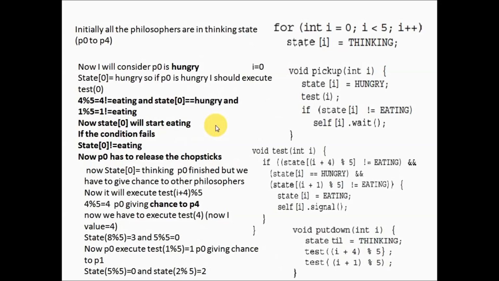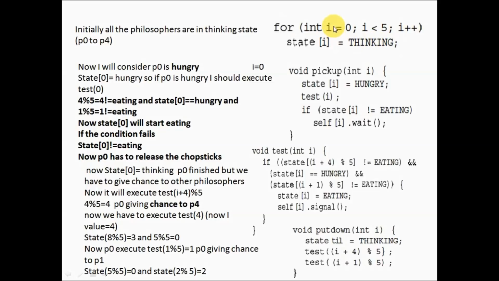See here, this is the first statement: for int I equal to 0, I less than 5, I plus plus. How many philosophers are there? 5 philosophers, that's why I less than 5. The meaning of the statement is that initially all the philosophers will be in a thinking state.